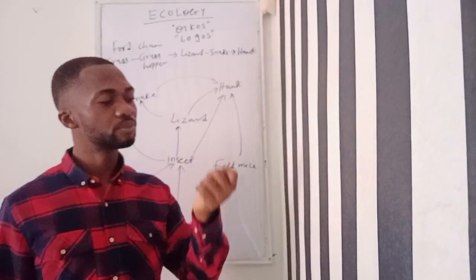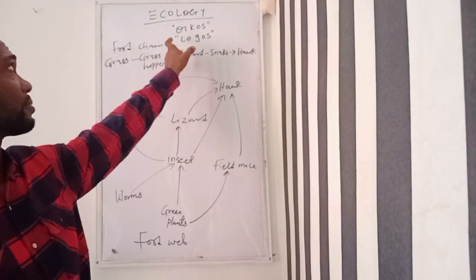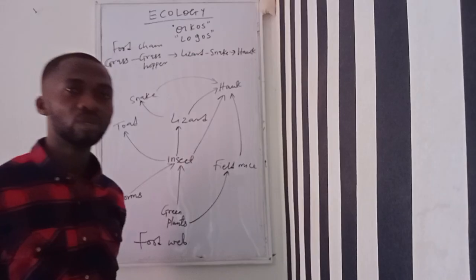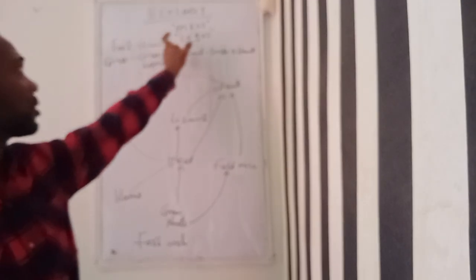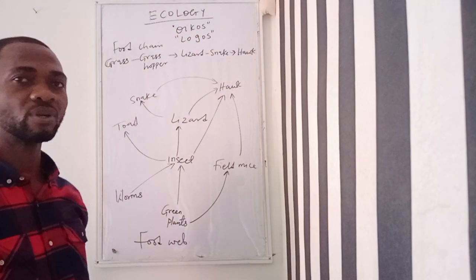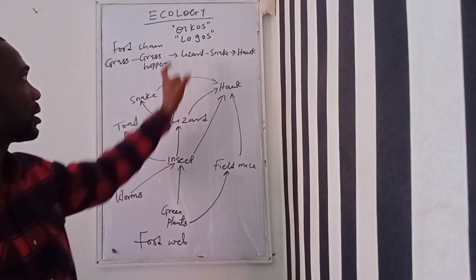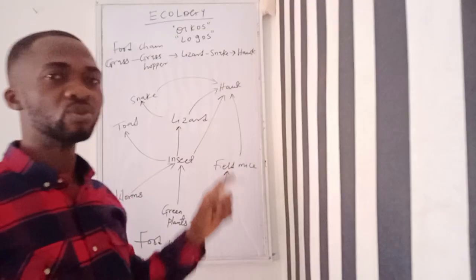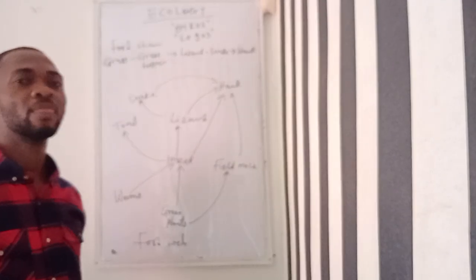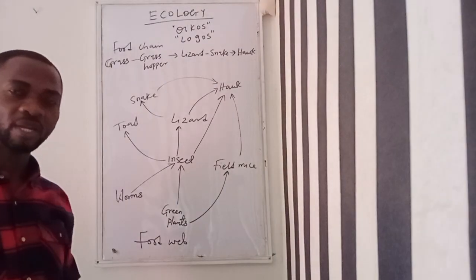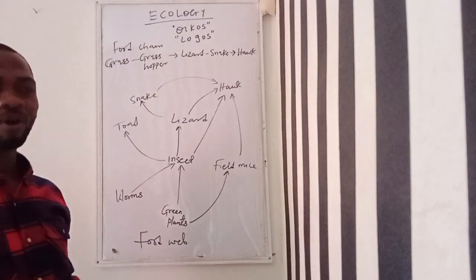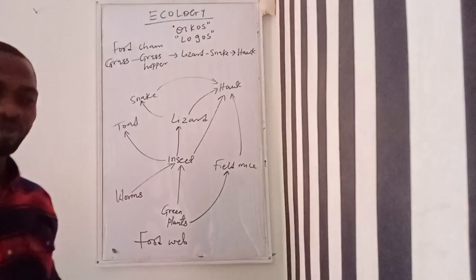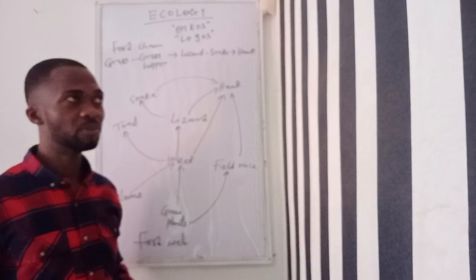So, what is ecology? The word ecology was coined from two Greek words, oikos and logos. Oikos talks about the dwelling place of an organism. The logos talks about the study of that dwelling place of an organism. So when we combine these two, we can answer that ecology is a study of the dwelling place of an organism. But to expand that definition, to make it complete,